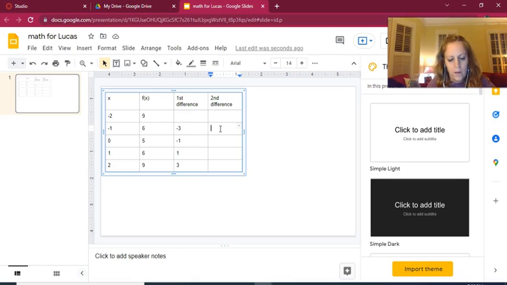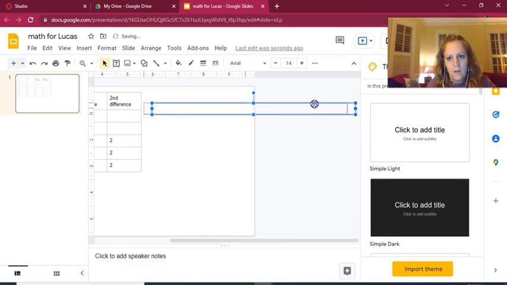So from -3 to -1 would be a +2. From -1 to 1 would be a +2. And from 1 to 3 would be a +2. Okay. All right, so then